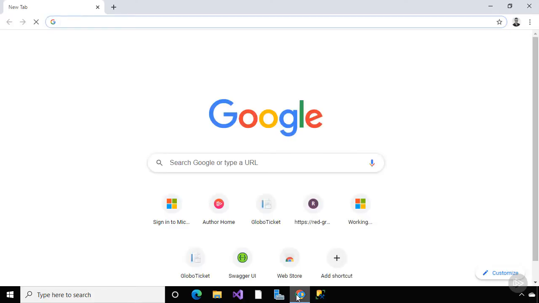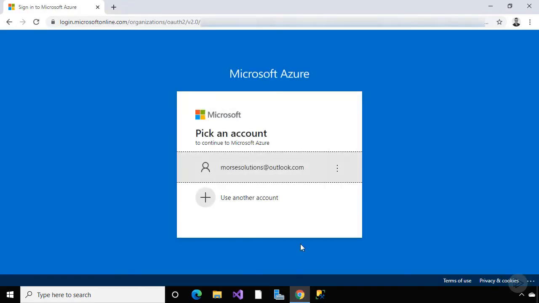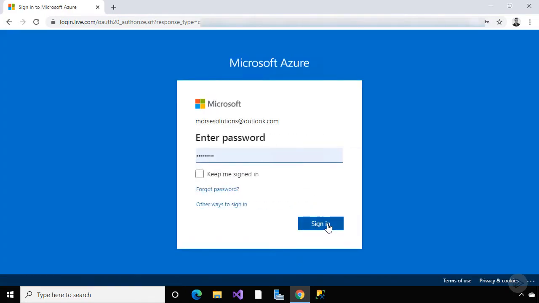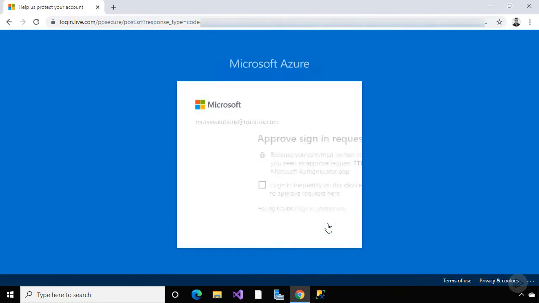Now let's create an app service plan in Azure so we can use it to host app services. I'll navigate to portal.azure.com and I'll log in using the credentials of a Microsoft account that I used to set up the Azure subscription. It's a good idea to use accounts stored in your Azure Active Directory tenant for administration though. The password is cached in the browser, which again, isn't great security practice, but I do have multi-factor authentication